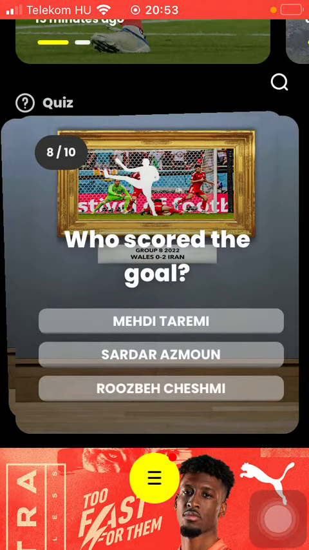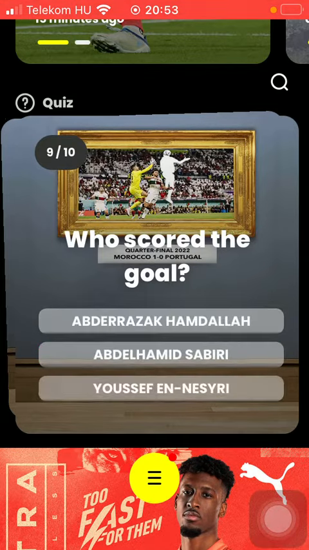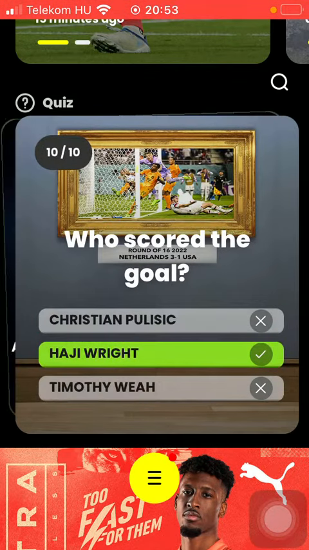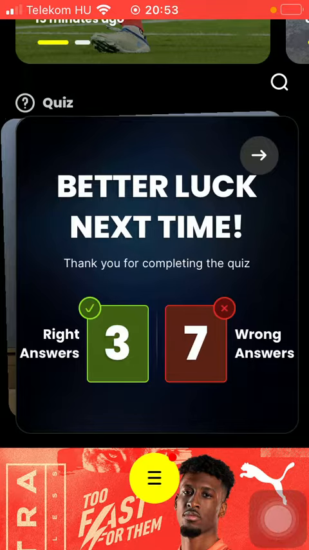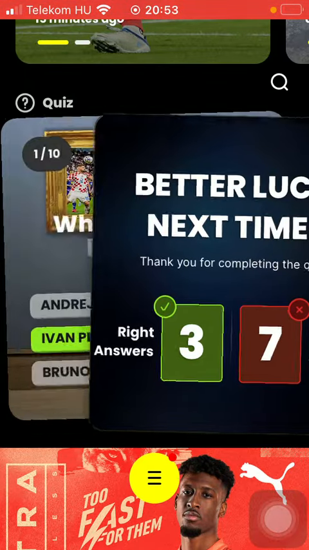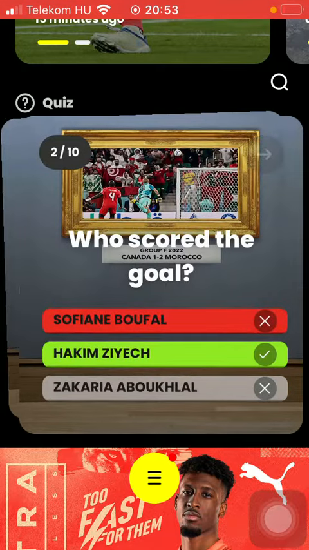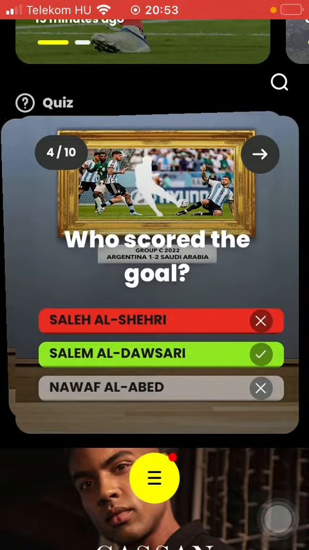As you can see, you have 10 questions that you need to answer. So here you can find the right answers and the wrong answers. Tap on this arrow and you can redo your quiz. You can check it out